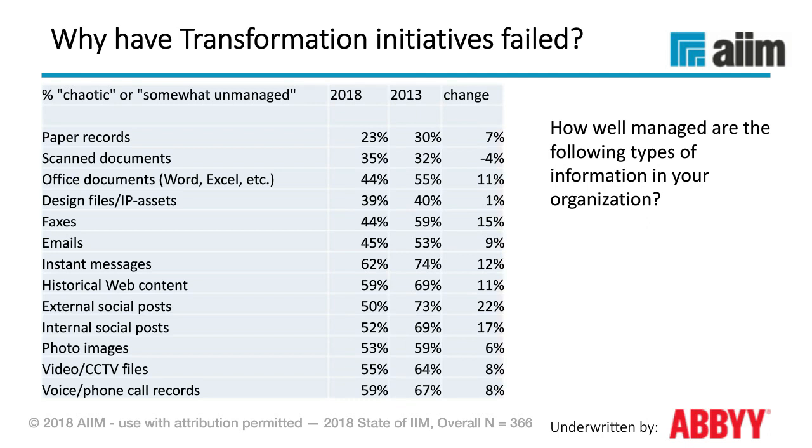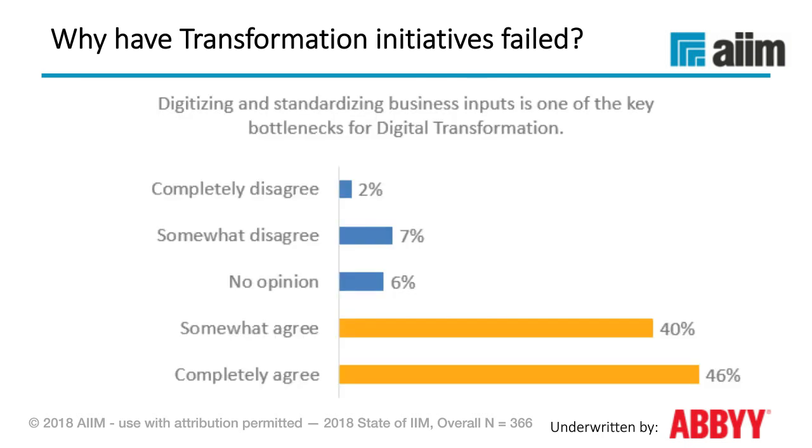So when you think about this and think about, well, why is that? I think this is really an interesting jumping off point to start thinking about content intelligence and thinking about some of the areas that you can focus on immediately in terms of increasing the likelihood of success of your transformation initiatives. And that's, when you start looking at this question of digitizing and standardizing the business inputs coming into your organization. And so I think people have realized that there is a connection between that and the likelihood of their